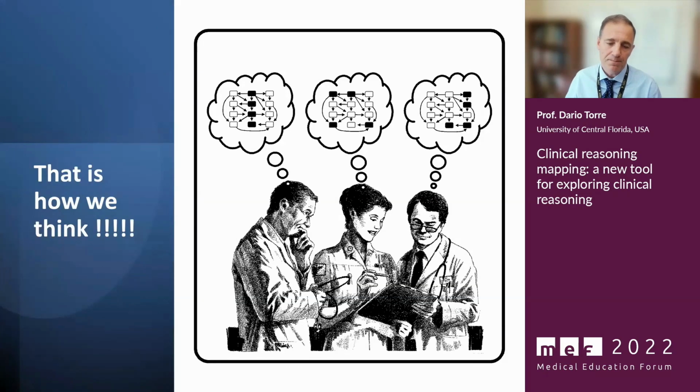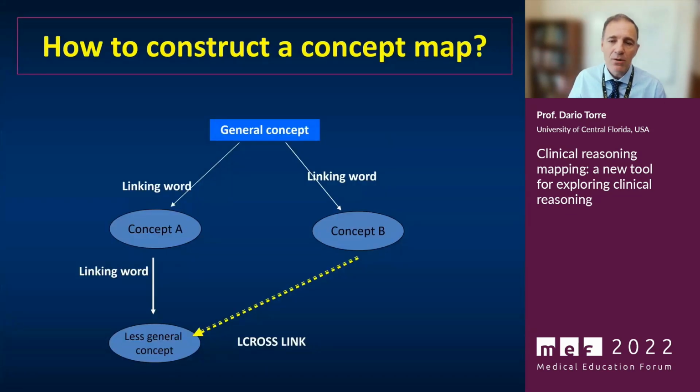Now, in some ways, I like in particular this visual in terms of looking at how we think and how we connect different networks and different concepts and different clusters of concepts among each other as we approach a clinical problem. Now, how would you construct a map? So if we want to look at how we construct a map and how we eventually communicate this to the student, basically you have a